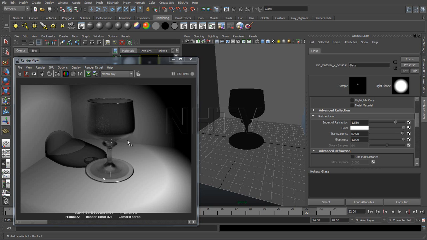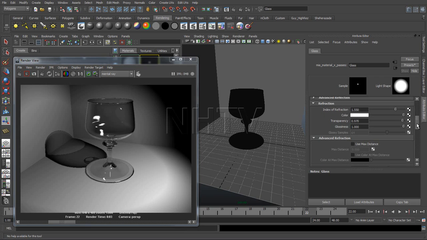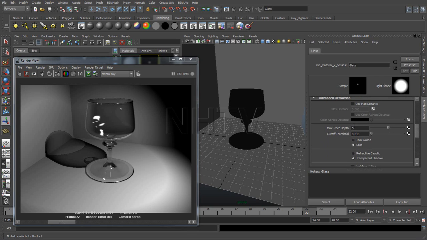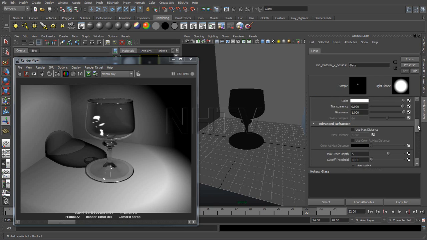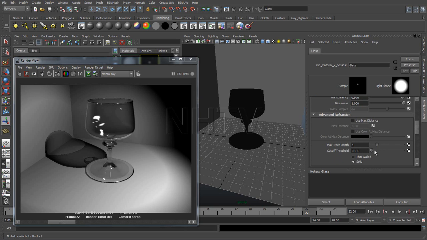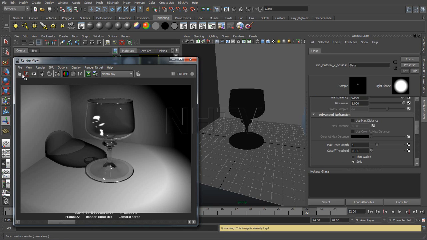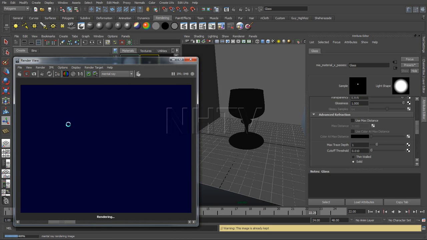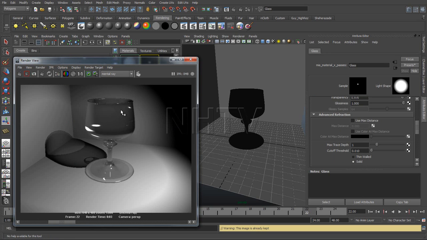Now the things that we see over here, first of all, we see the number of refractions which are going on. So if you look back, we see a set of refractions, and this is set over here in the maximum trace depth. Now if we would lower this, for example, to a trace depth of 1, and we would re-render the whole thing again,